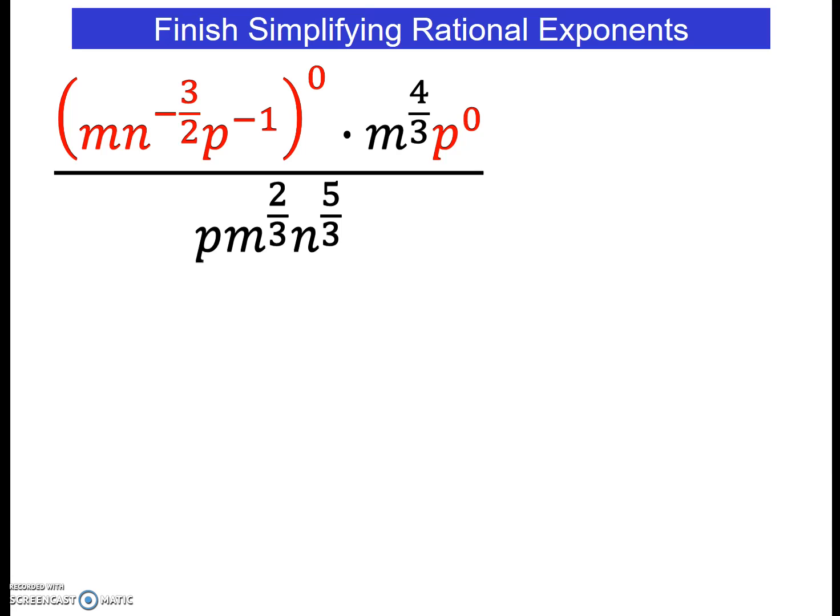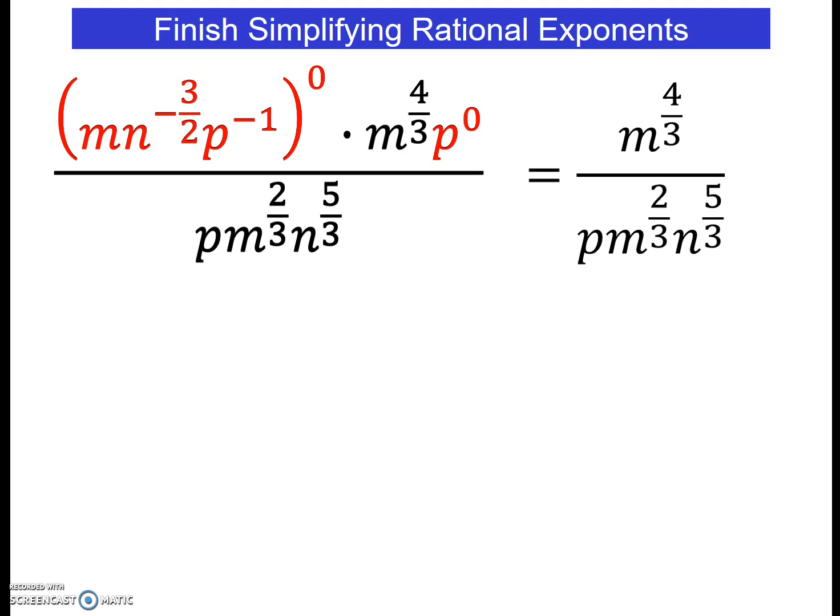Anything to the 0 power is automatically 1, which makes this problem significantly smaller. So I'm going to take away all of those things, and I'm left with m to the 4/3, p, m to the 2/3, and n to the 5/3. So first thing we want to do, get rid of any of our 0 exponents, or you can distribute through